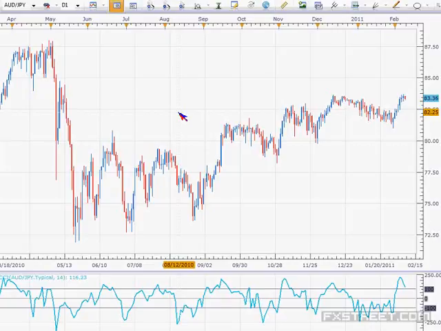Number one, news trading. Last week we had the non-farm payrolls released. I don't know if you've ever tried to trade major news events like that. Liquidity dries up. There's not a whole lot of liquidity out there, and you've got a lot of people grasping for that liquidity. What that means, in simple terms, is that, let's say,